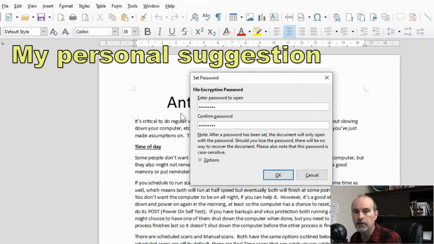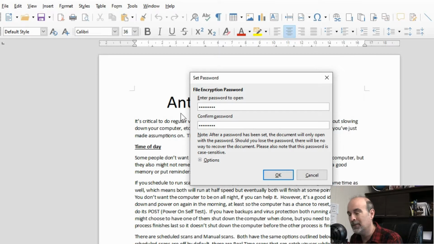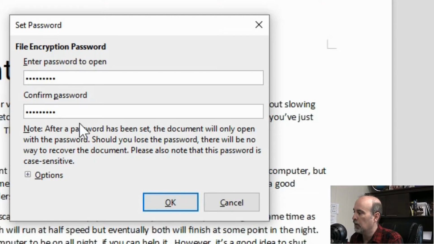And I would recommend using a password that's maybe a standard one that you email to that person, so you have the same one for that person all the time if you do regular communication with them. But again, it's good to update your passwords once in a while, because if somebody figured that out, then future documents at least won't be at risk if you change the password.